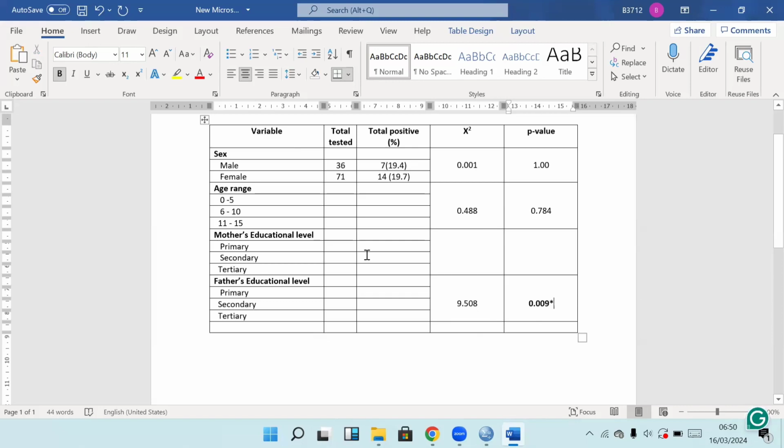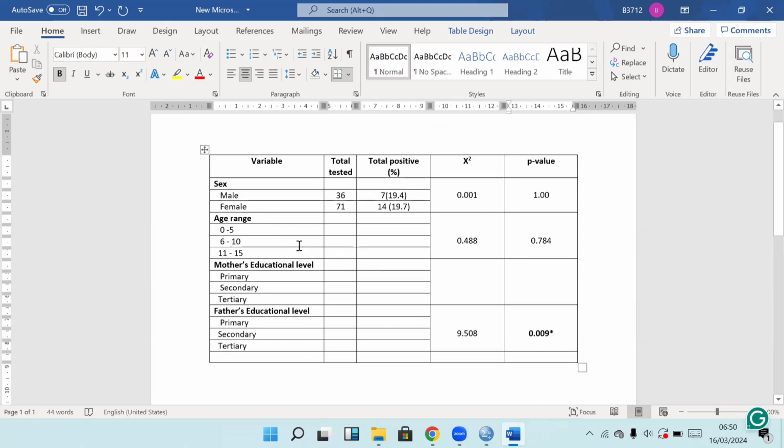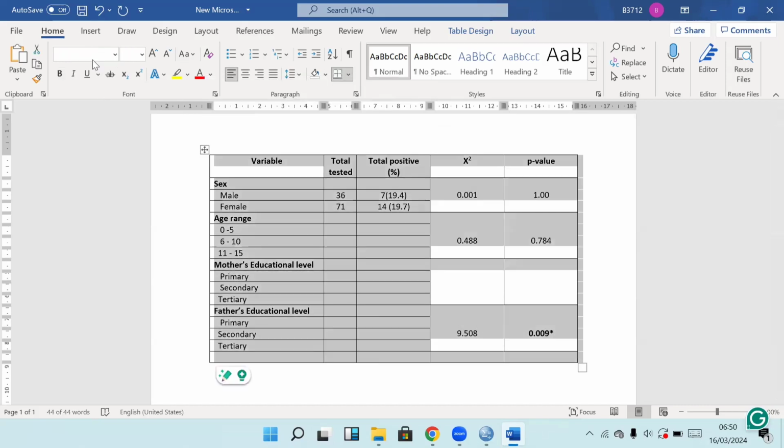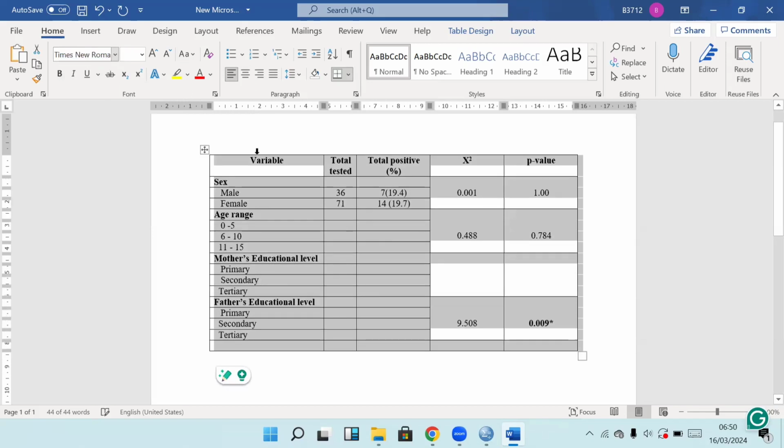Well, I'm just doing this, but we have to start from here, right? We have to start from the total tested. You look for primary, secondary, and then total positive and the percentages you have to put. I'm just going straight to this one because I wanted to show you when it is significant. This is what I do. So that was it. I will just maybe format it the way the school wants,